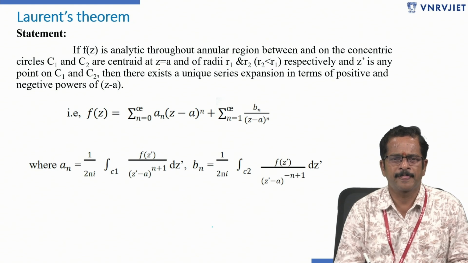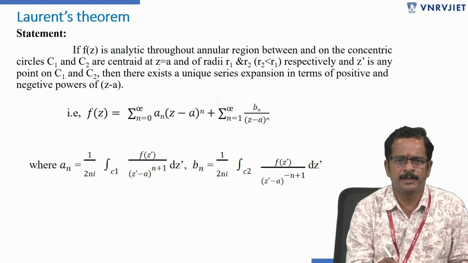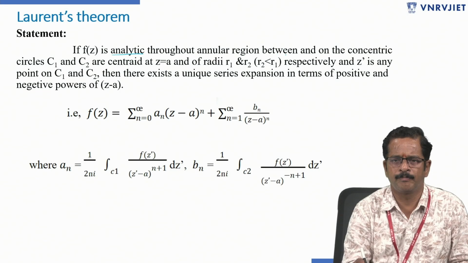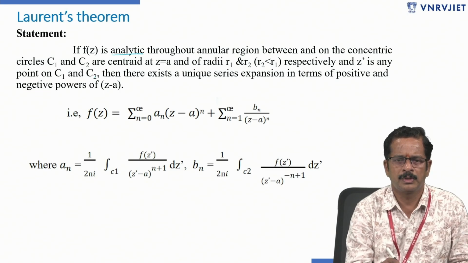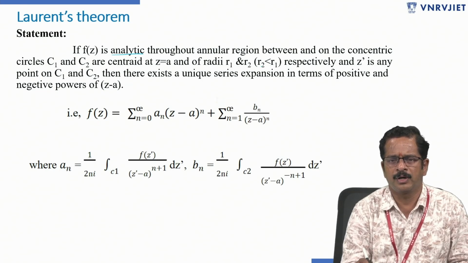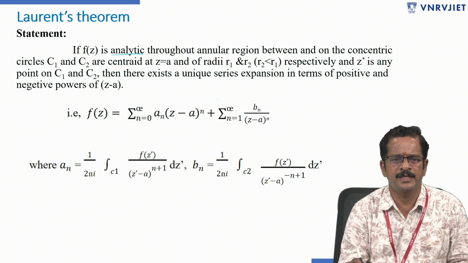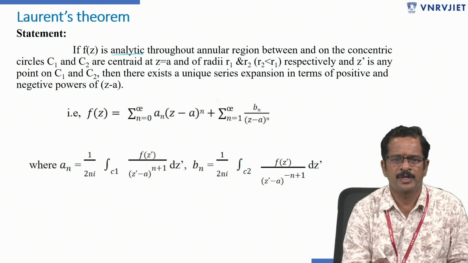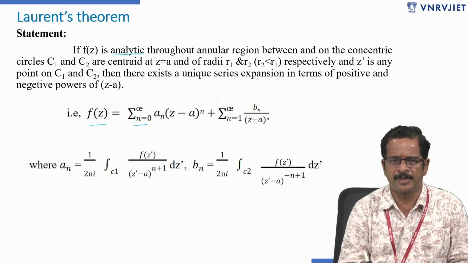See, Laurent's theorem statement: if f(z) is analytic throughout the annular region between the concentric circles C1 and C2, centered at z equals a, with radii r1 and r2 respectively, where r2 is a smaller radius than r1, and z is any point in the region, then there exists a unique series expansion in terms of positive and negative powers of z minus a, that is f(z) equals the summation n equals 0 to infinity of an times (z minus a) to the power n, plus the summation n equals 1 to infinity of bn by (z minus a) to the power n,